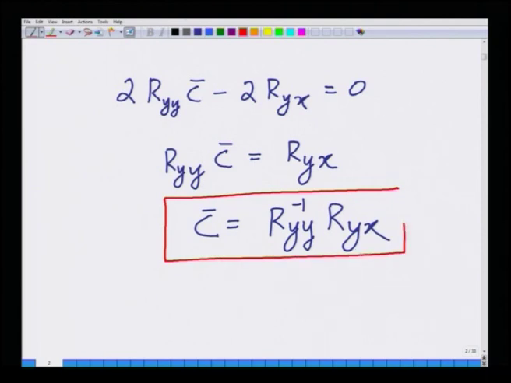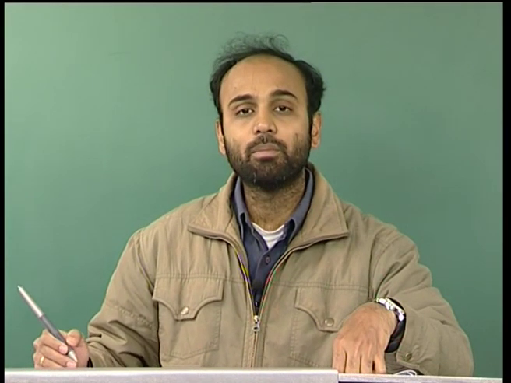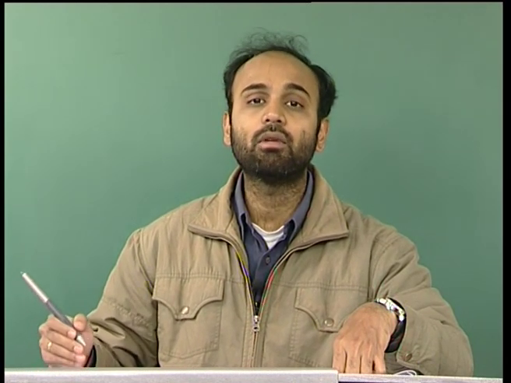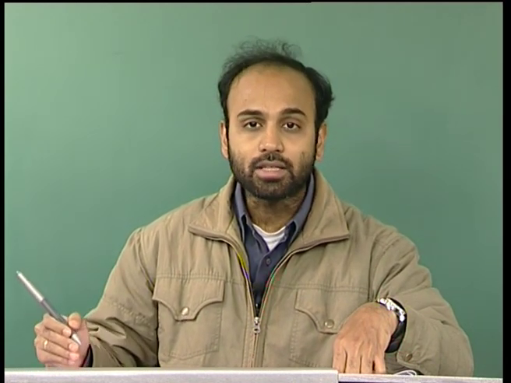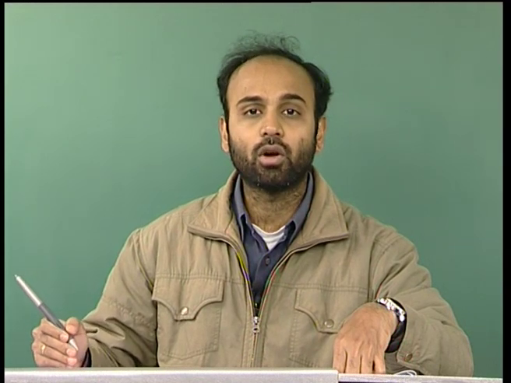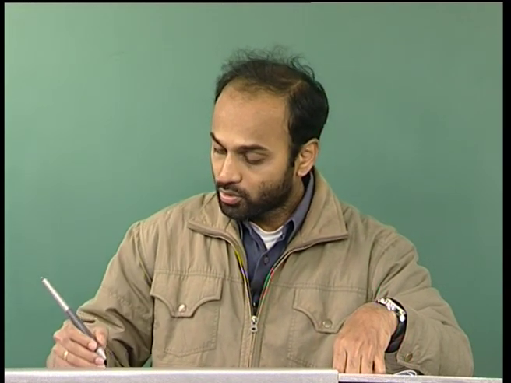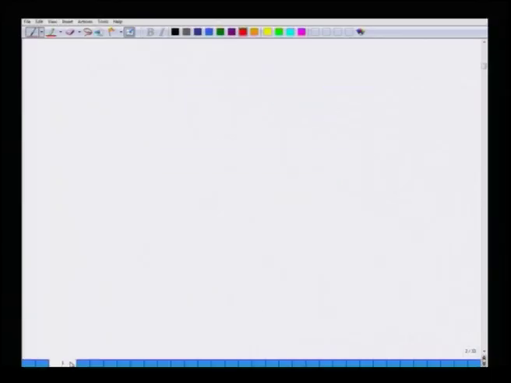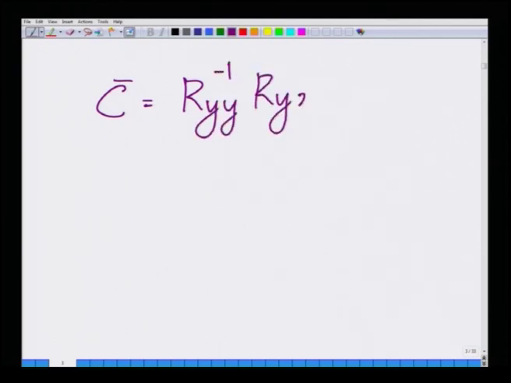This is the optimal, the linear minimum mean squared error estimator for the quantity x. All right, so this C bar, which is equal to, let me write that down here clearly, C bar equals R y y inverse R y x